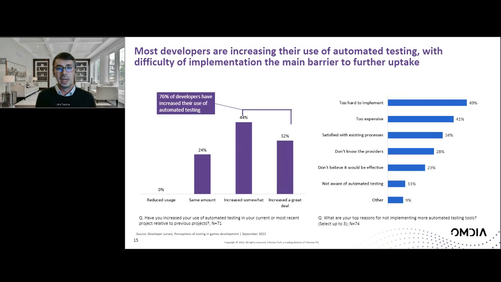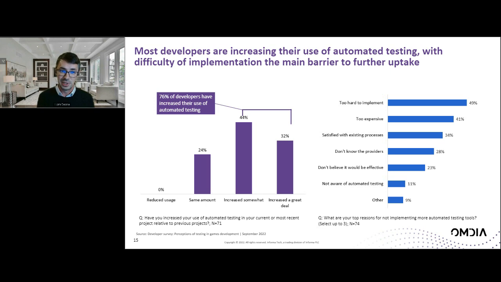So we also wanted to get a sense of the trends, where things are going from a forward-looking perspective when it comes to testing and test automation in particular. So we asked about how much the use of automated testing had been increased or decreased in current projects relative to previous ones. And what we see is nobody at all in this survey says they're reducing their use of automation testing. Things just are not moving in that direction.